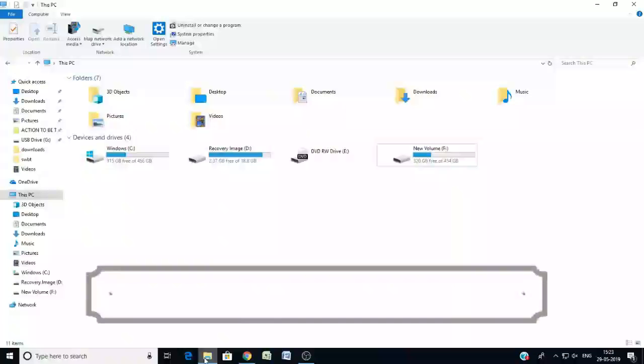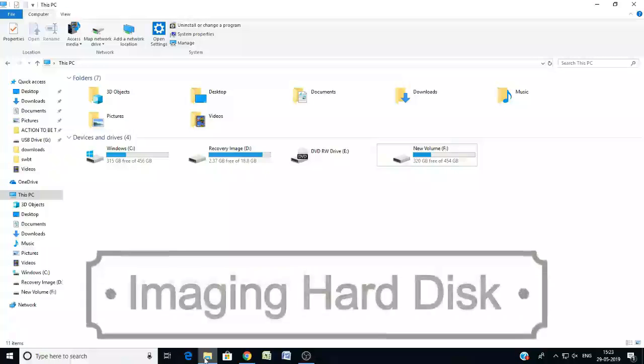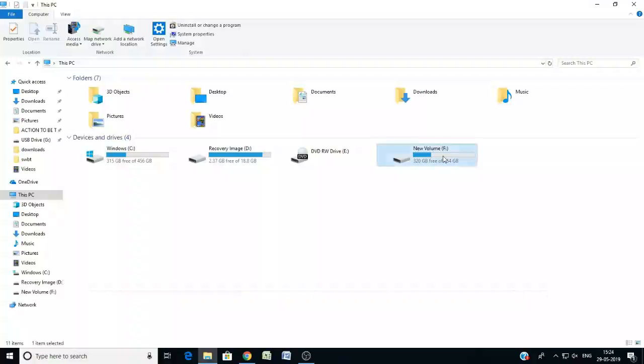Hello friends, many times you are at the premises of the SSC for verification or investigation, and there you find a laptop or a computer, and then we wait for the computer guy to come and do the imaging for us for the backup. Now these are very small things which we can learn on our own also.